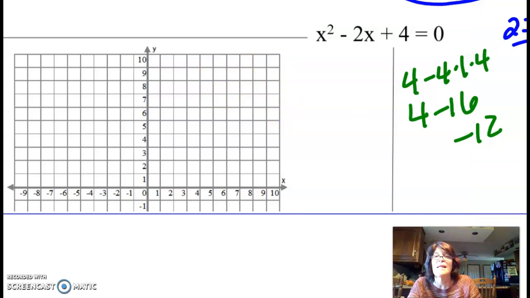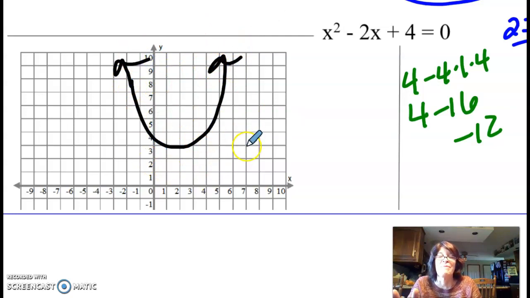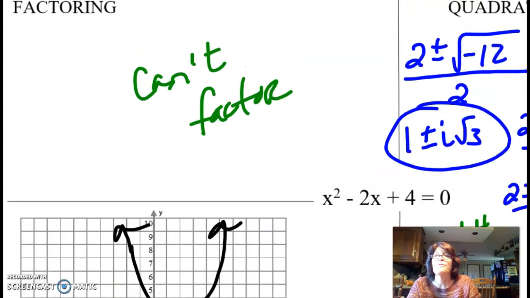Okay, when you don't get any answers to a quadratic set equal to 0, what that means is the parabola never touches. I know that's not quite right. The parabola never touches the x-axis or crosses it. Okay, so to review,